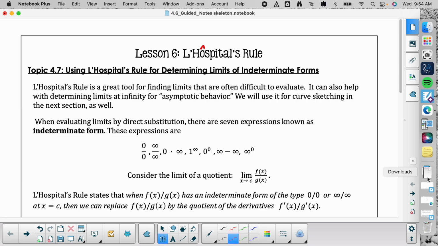Who knows if he'd be offended if we called him La Hospital? I would guess. Yeah, I was going to say, French generally get offended at a lot of things. So,